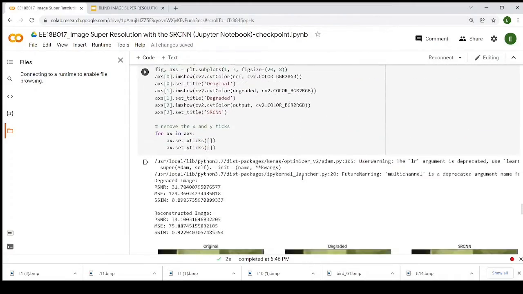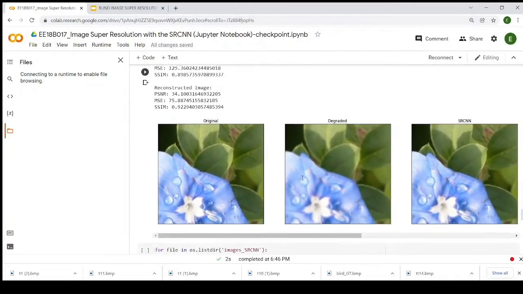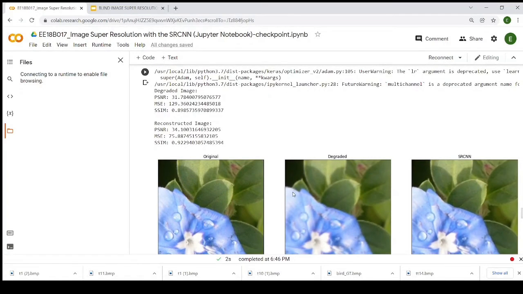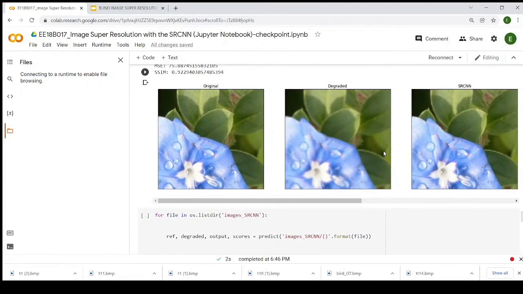Finally, I got this as my output: original image, degraded image, and SRCNN image. You can see the original is a good resolution image, and the degraded one is a noisy image. Through the quality, we can identify this as the degraded image. And we can see here the SRCNN image, which is the super resolved image, is of good quality compared to the degraded image.